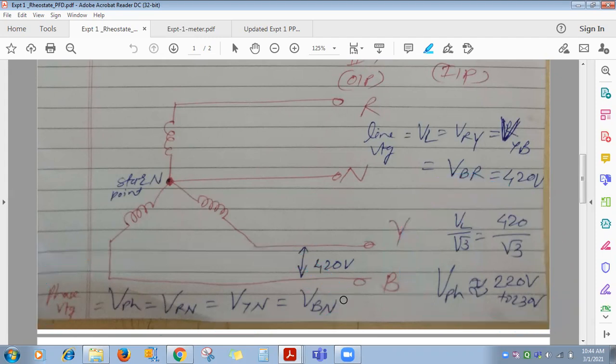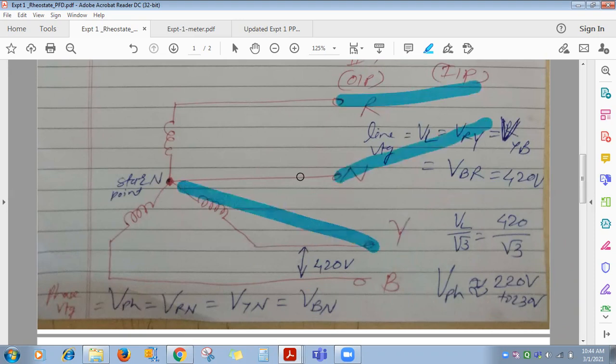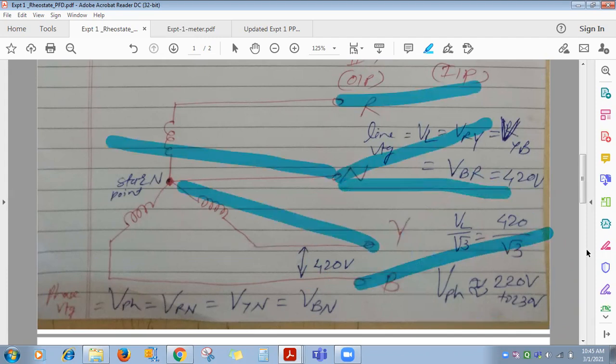So whenever this three-phase 4-wire cable reaches each and every building, what is done? Some load of that building they put on R to neutral, some load on Y to neutral and some load on B to neutral. Clear? So this is called single phase AC supply, R to neutral, Y to neutral and B to neutral. Clear? So what do you mean by single phase AC supply and three-phase AC supply? I think it is clear to everyone.